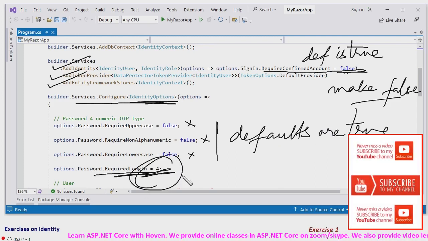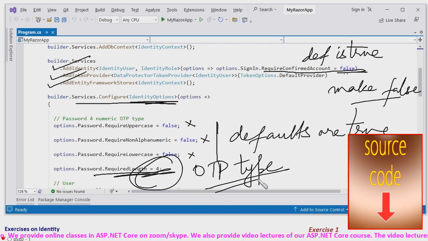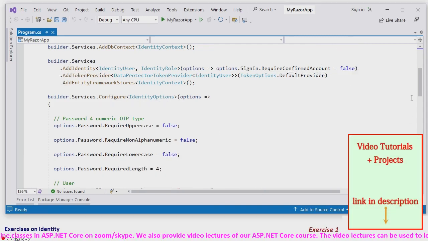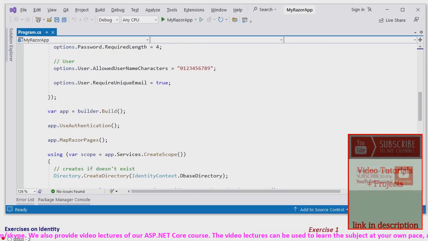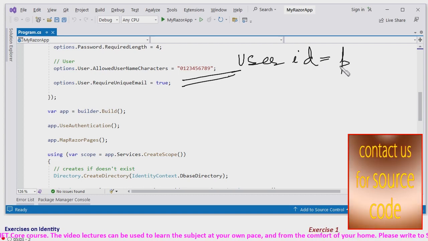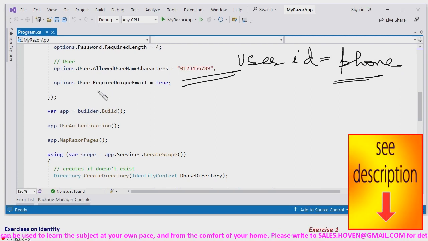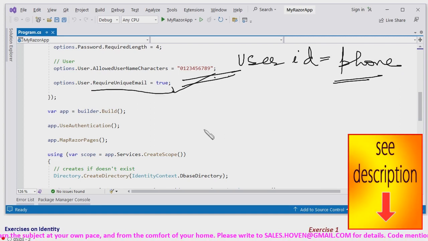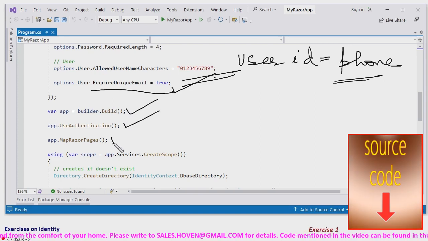So change them to false, and now required length is 4, which is OTP style. OTP is usually 4. You can keep it anything you like, 6 or whatever. Then username characters, since user ID will be phone, unique email true. So these are some settings. Then builder, build, authentication, map, razor pages,